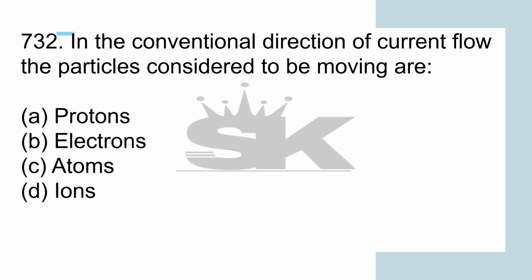In the conventional direction of current flow, the particles considered to be moving. So, the particles that carry charge through wires in a circuit are mobile electrons. The electric field direction within a circuit is, by definition, the direction that positive test charges are pushed. Thus, these negatively charged electrons move in the direction opposite the electric field. Okay, so here the answer is electrons. Okay,